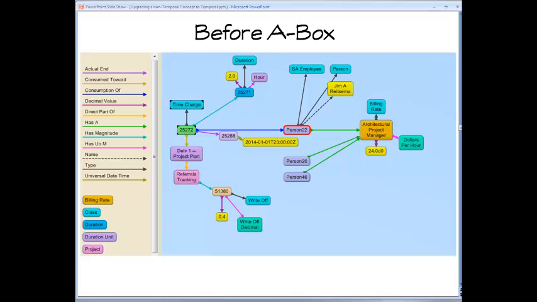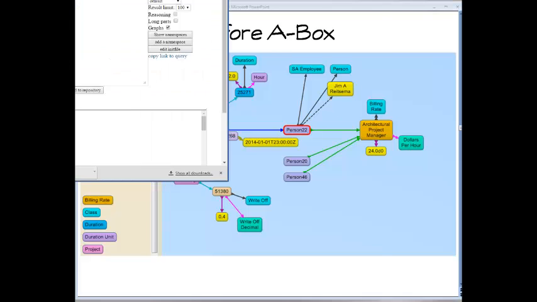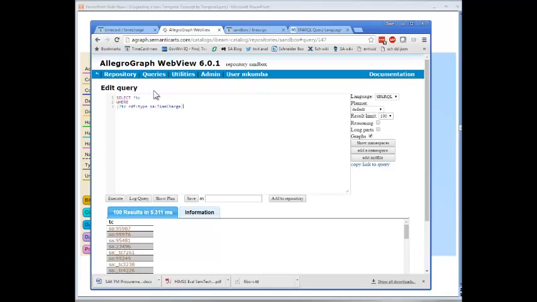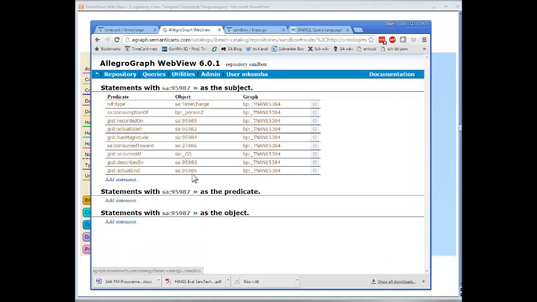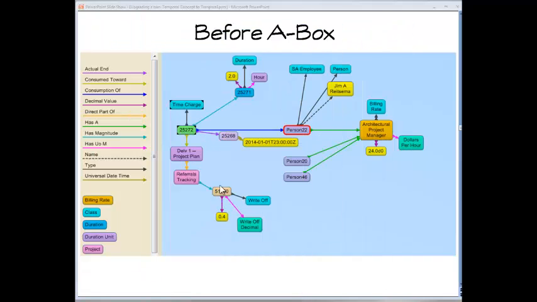I actually did a simple query. We have our data in AllegroGraph. Just did a simple query. So give me a bunch of time charges. Here's all this stuff in AllegroGraph, and I just randomly grabbed one and did this in an AllegroGraph product